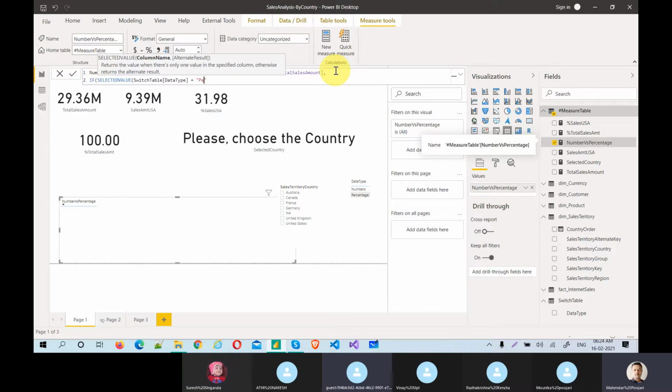See, I want to see the spelling here itself. Then what? I want the percentage value, total percentage. Two different if statements. Brackets are very crucial, guys.